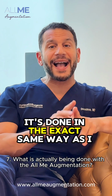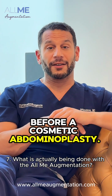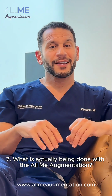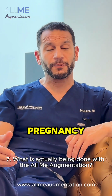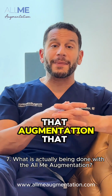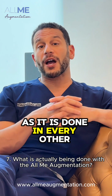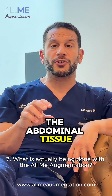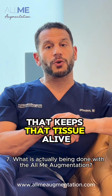It's done in the exact same way as I normally perform a cosmetic abdominoplasty. That means the patient has liposuction to highlight the waist, tightening of the muscles or the diastasis recti that most often occurs with pregnancy, and removal of the lower abdominal skin and fat. That abdominoplasty is done in the exact same way as it is done in every other abdominoplasty. The only difference is that with the abdominal tissue, I also take a blood vessel that keeps that tissue alive